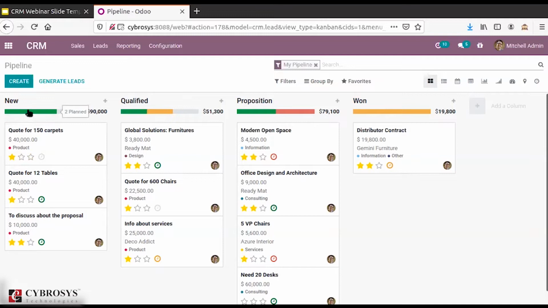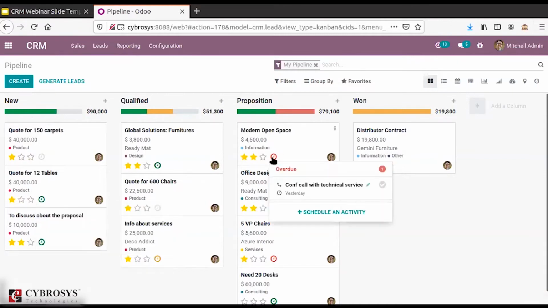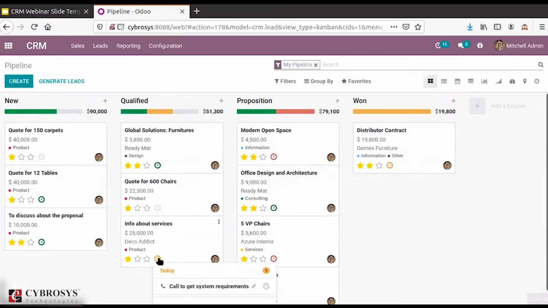This color signifies the activities that you have scheduled. Since we have planned the activities, it is shown in green color. If it is overdue, it would be shown in red color, and if it is scheduled for today, it is shown in yellow color. So based upon the activities, you can see the different colors in the progress bar.